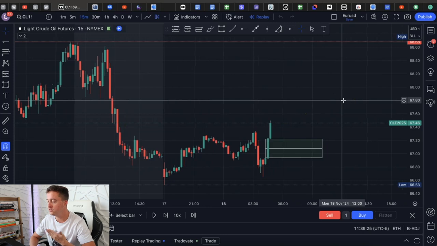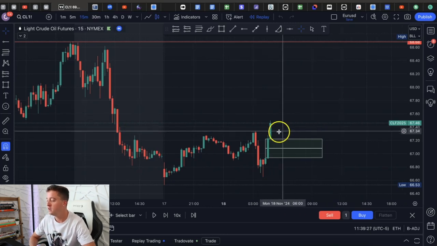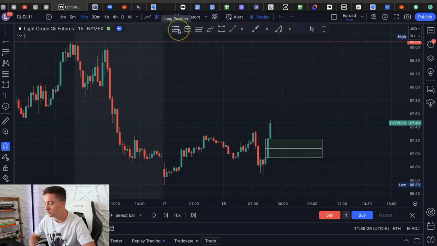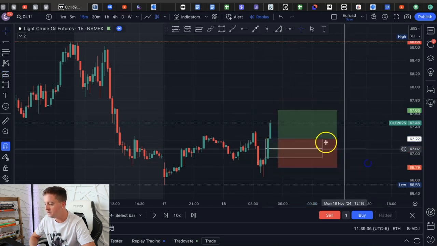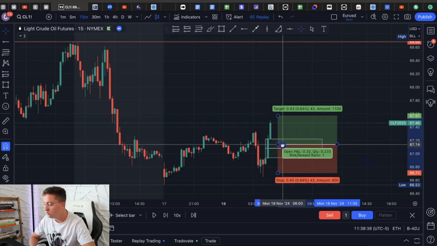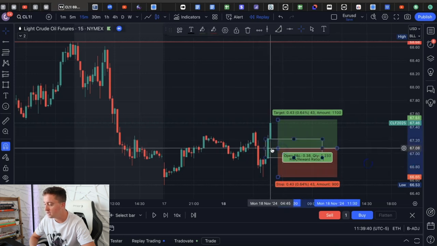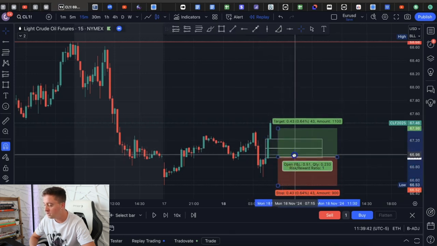So what are we going to do? How would we set up this trade? Now, if this was in real time, what you could do is go and get a long position. And with this long position, I like to have it at the top of the fair value gap right here. Now, you could have an entry down here at the middle of the fair value gap or even at the